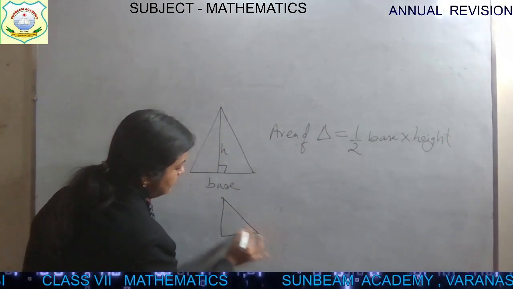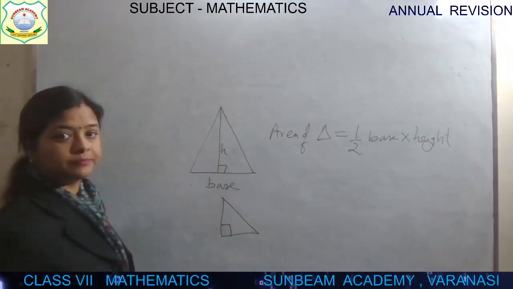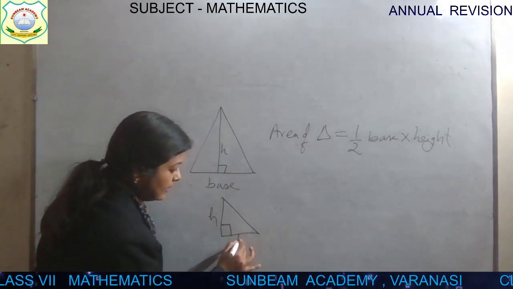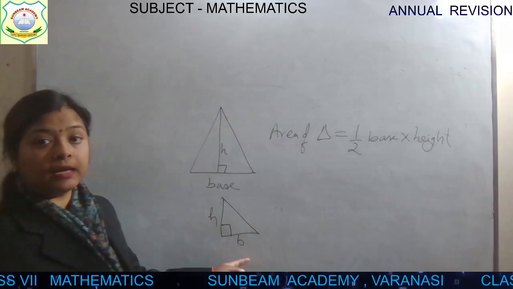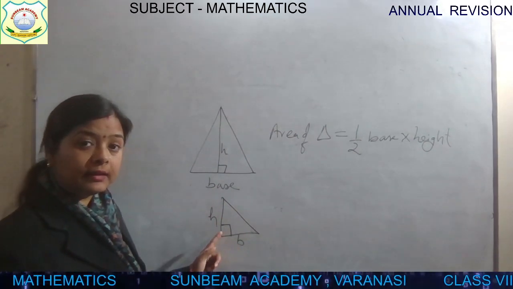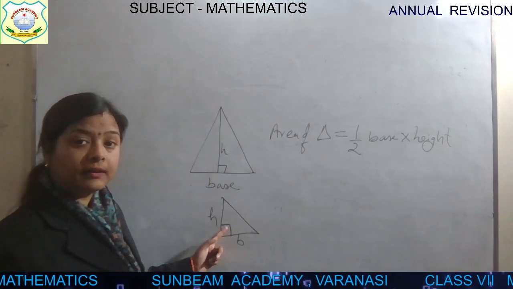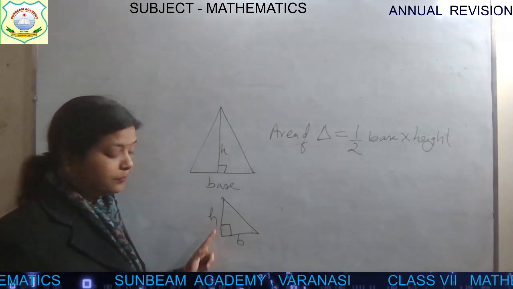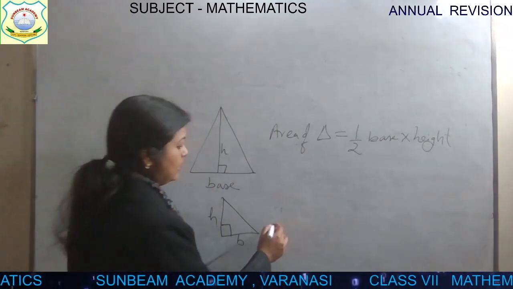What if this is a right angle triangle? अगर ये right angle triangle हो गया तो ये क्या कहलाएगा? Height, और ये क्या कहलाएगा? Base. And actually में ये है क्या? Legs है. These are legs. ये hypotenuse side हो गई 90 डिग्री एंगल की, ठीक है. राइट एंगल ट्रायंगल की ये हाइपोटेन्यूज साइड है बेटा. These two are legs. ये अगर हाइट है तो ये क्या हो गया? बेस.